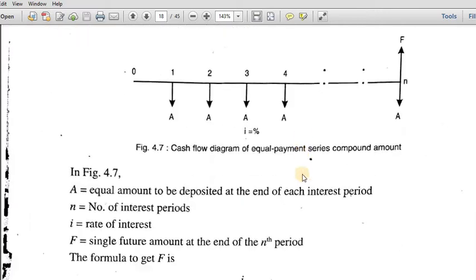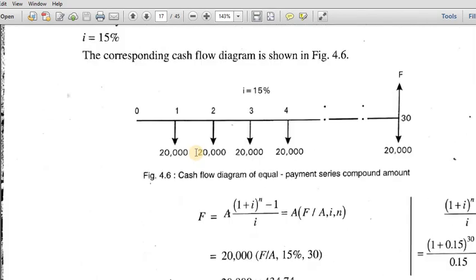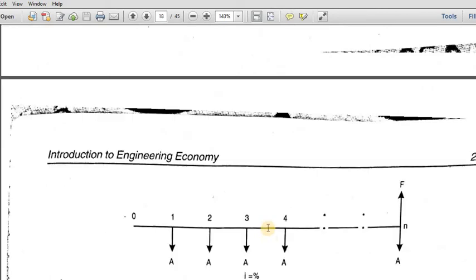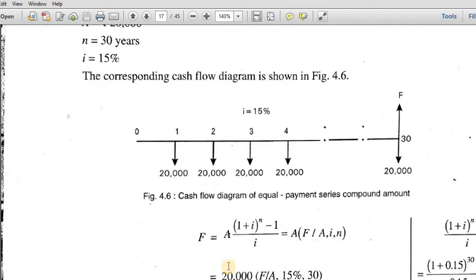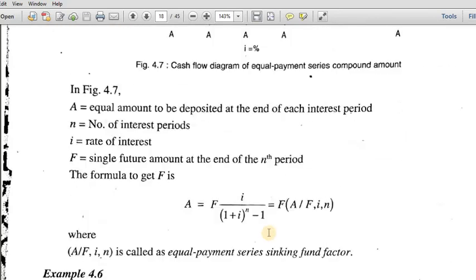So what is the formula for that? Same mathematical function. But here, F is equal to A into (1 plus I) to the power n minus 1 by I. The same formula I have to use; I have just moved it from the left hand side to the right hand side. So you can remember the same formula, just put in a value, that's it. If you remember any one formula, that's enough. Here I have to calculate A, so A is F into I divided by (1 plus I) to the power n minus 1. That is what is given.